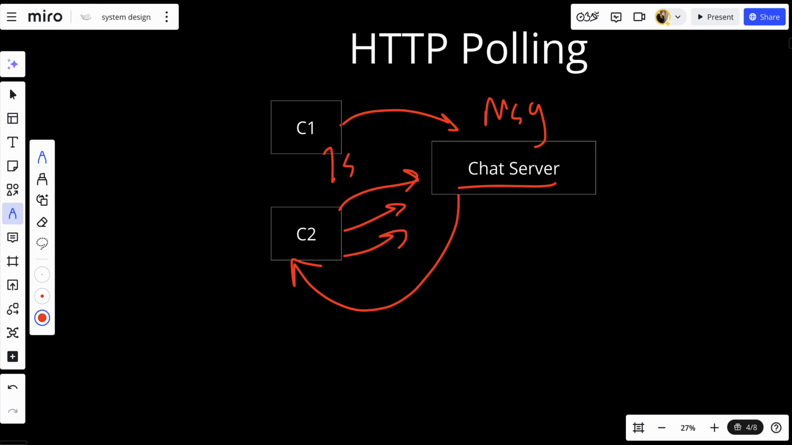The advantage of polling is its simplicity. It's easy to implement and works well for very small scale applications. However, the major drawback is that it's extremely inefficient. The server is hit with requests even when there are no new messages, which leads to wasted resources and higher latency. There is another approach called